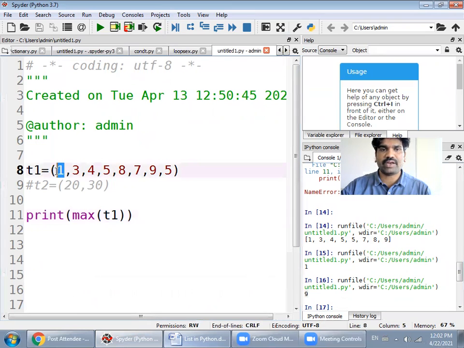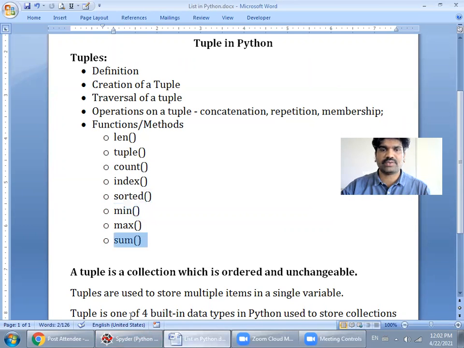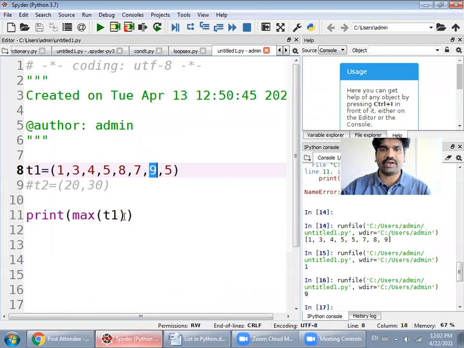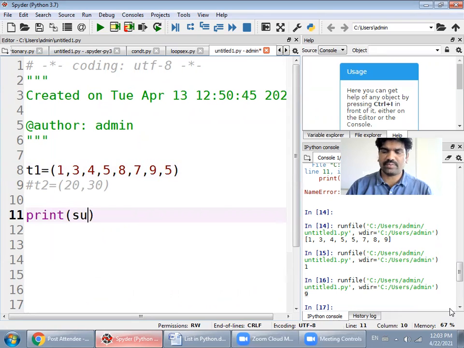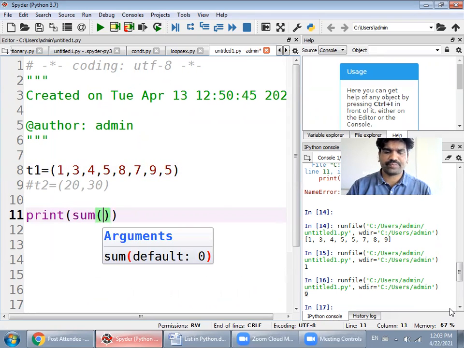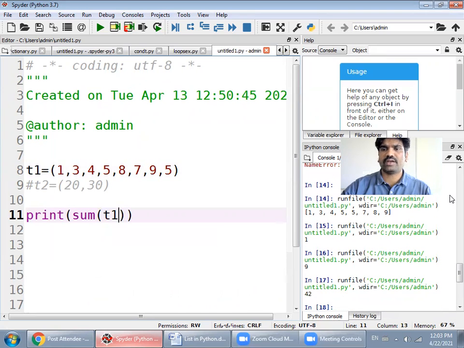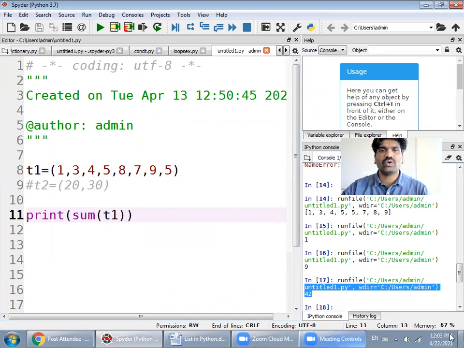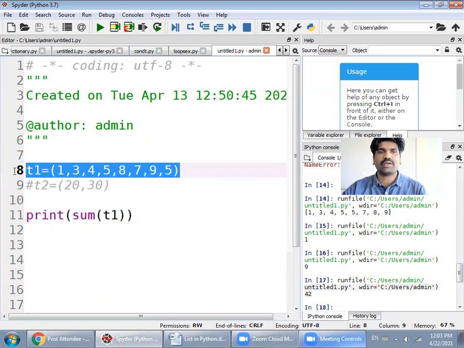We have the minimum element as 1 and the maximum element as 9. The last thing is sum. Sum is a method that is used to find out the sum of your tuple items. This will give the sum of our tuple items. So here we have 42, and 42 is the sum of our tuple T1.